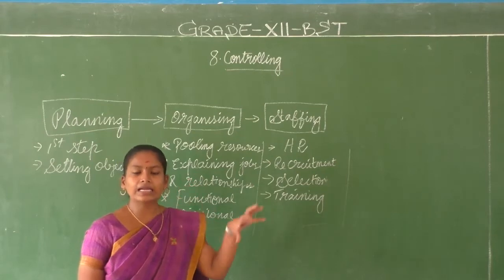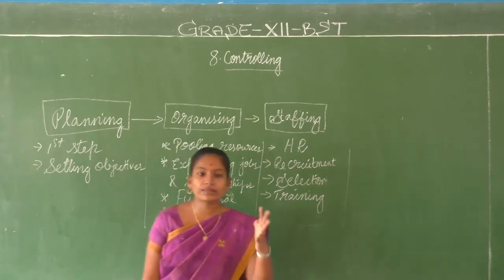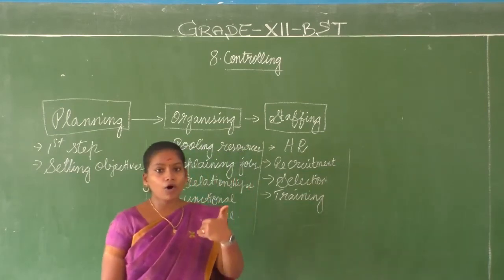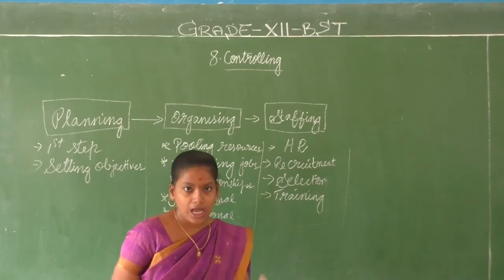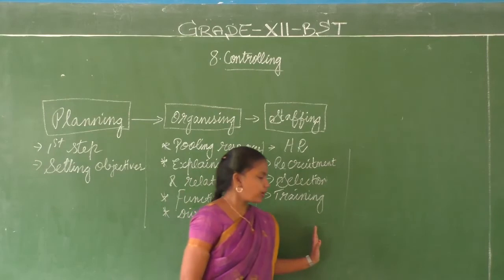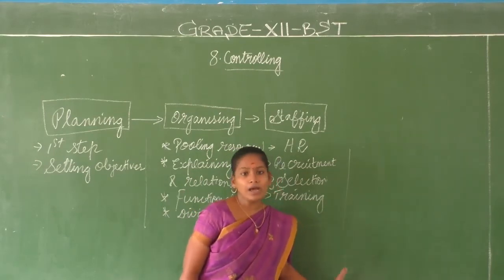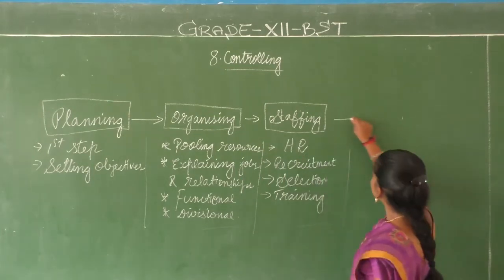What exactly does your company expect from that employee? What does our organization expect from that employee? What is the job description? We train them accordingly. So we have on the job training and off the job training methods. Fine. Next is,